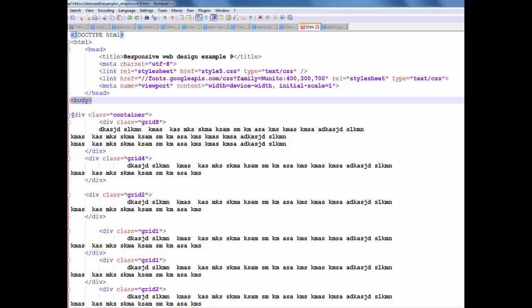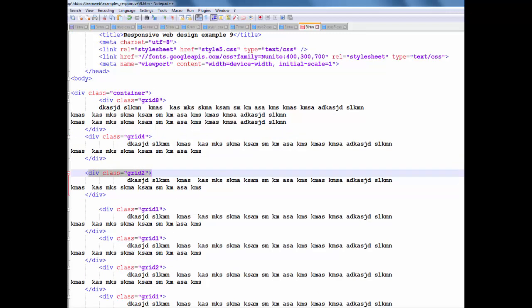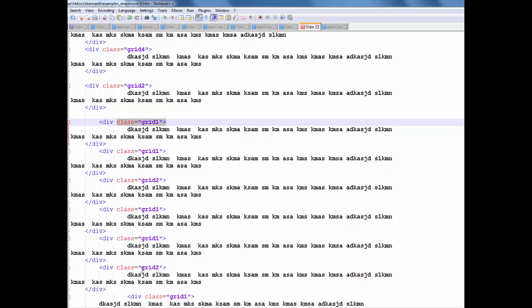In the body element, there is a div class equal container. Inside that div are all other divs. In the first row there is a div class equal grid 8 and a div class equal grid 4. 8 and 4, 12. Second row, there are 6 divs, class equal grid 2,